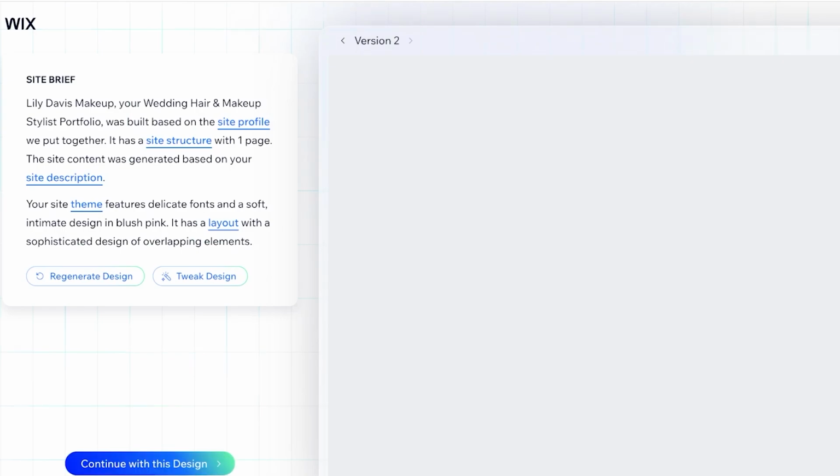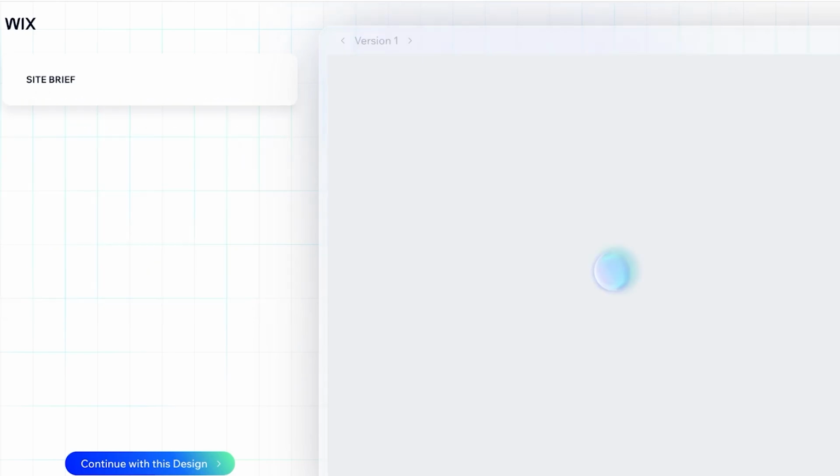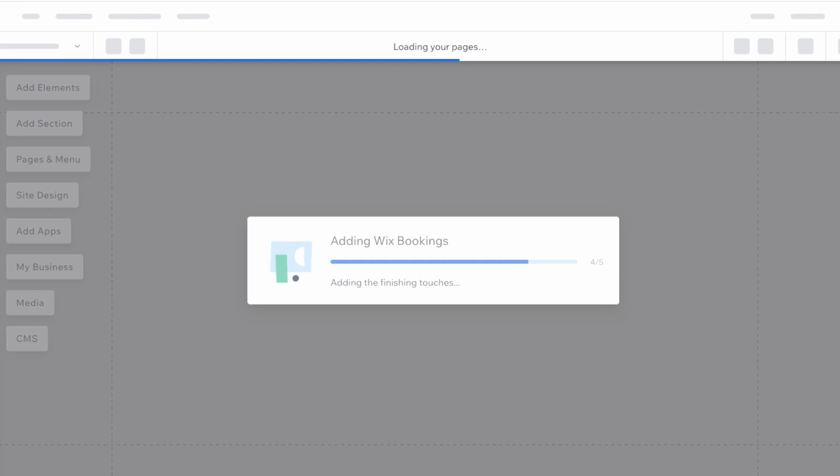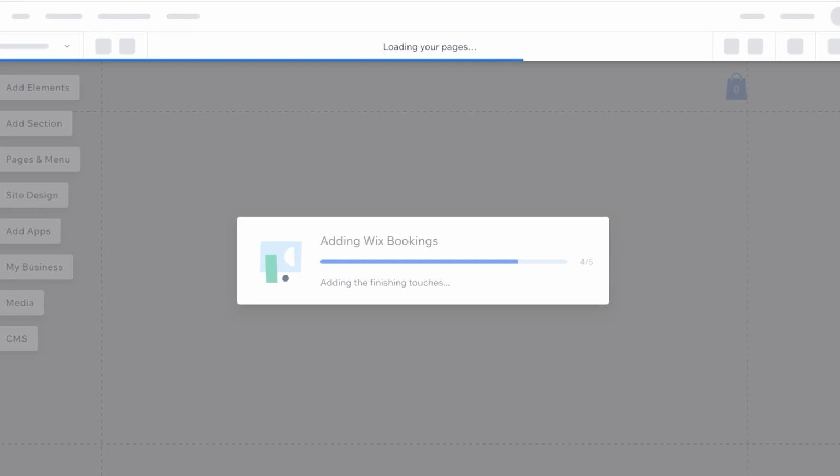So I want to proceed with the second version of my website. So I'm just going to proceed on over here and then click on continue with design. Then I'm going to click on continue to editor so that I can proceed with the Wix website editor. And once we are in the Wix website editor, then I can just go on ahead and edit the template accordingly. So you guys can see it has all of the basic Wix apps that I would need, and then I can just use some of the edits that I want, any personal tweaks,